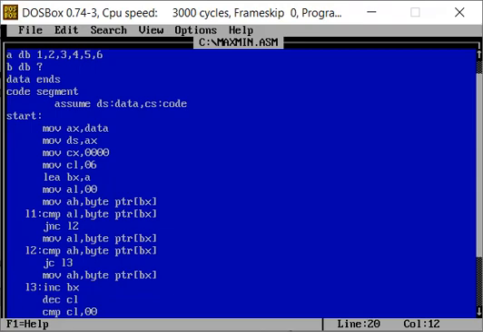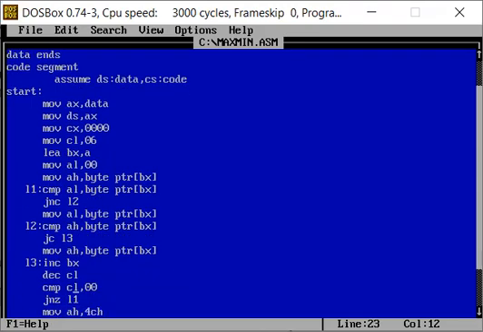By this we can see that AL will consist of the greatest element in the array, and AH will consist of the least element in the array. After this we type INC BX, so we increment the BX register to go to the next byte in the array, and then we decrement CL to reduce our count. After that we compare CL and 0.